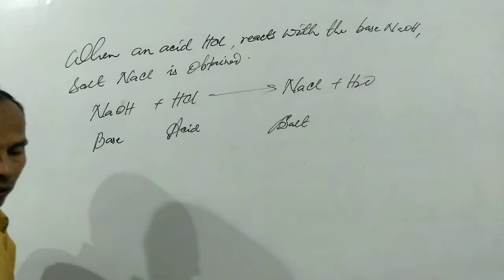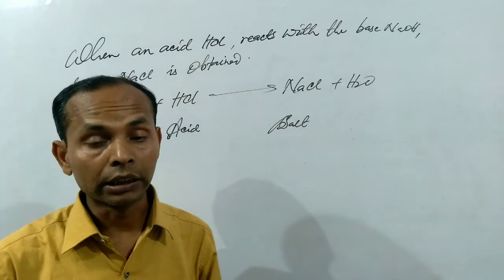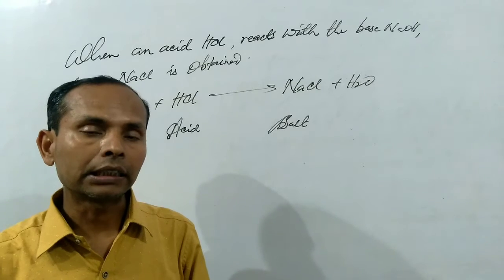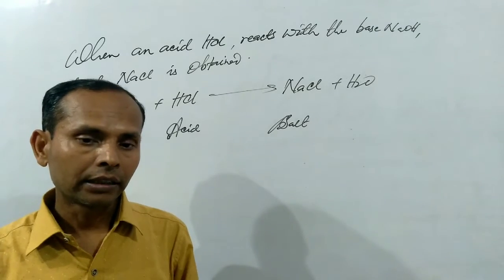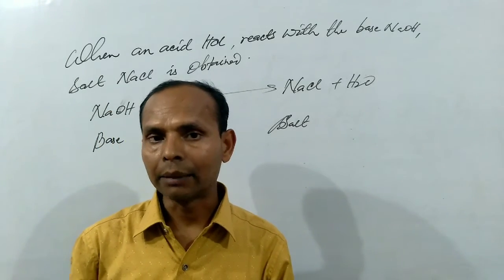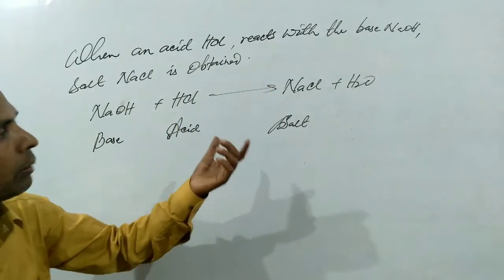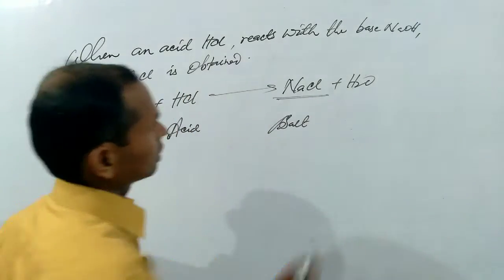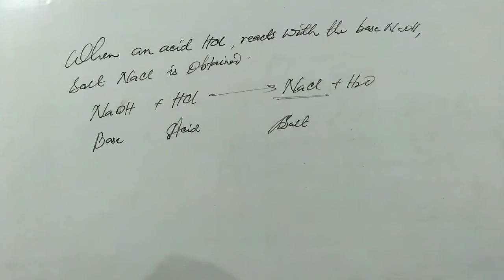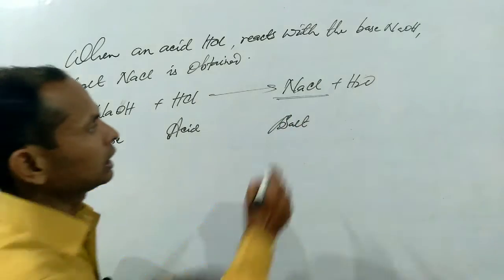We have known the definition of acidic radical or basic radical in this way. An acidic radical is a radical which is obtained from an acid. That is why we can also say that basic radicals are such radicals that can be obtained from bases. So in this reaction we can see how an acidic radical is obtained from an acid and a basic radical is obtained from a base. We see in this compound, sodium chloride, the sodium radical is obtained from the base NaOH, so it is a basic radical.